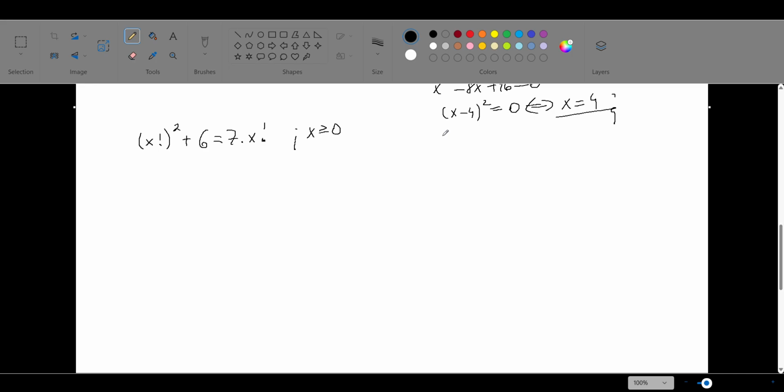For those of you who thought about substitution, you're right, because in this case, instead of solving something which looks really tricky, you can use the substitution where x factorial will be, for example, any letter, and let's denote it in this case letter A. So instead of solving this, you will have the quadratic equation which looks like this, and this is something you can solve very easily. So a squared take away 7 times a plus 6 is equal to 0,